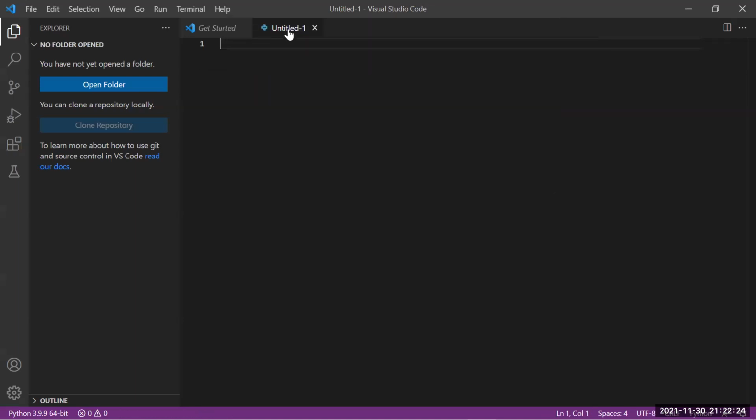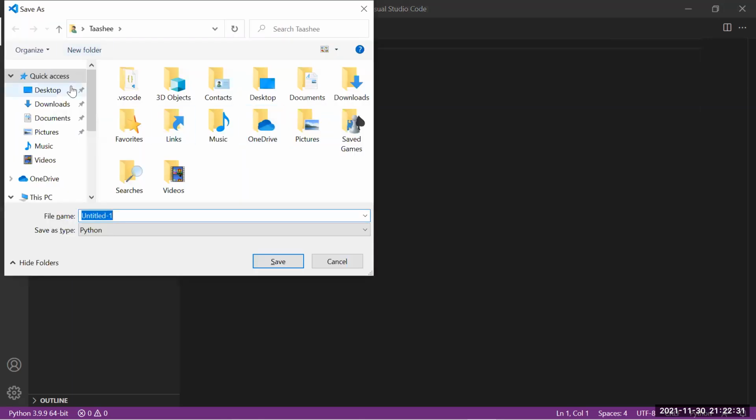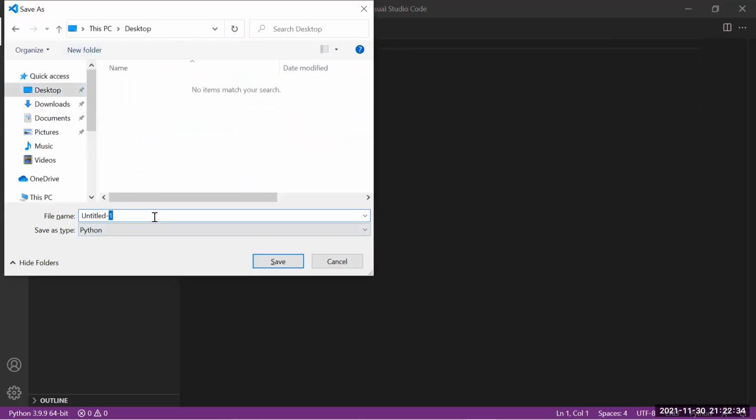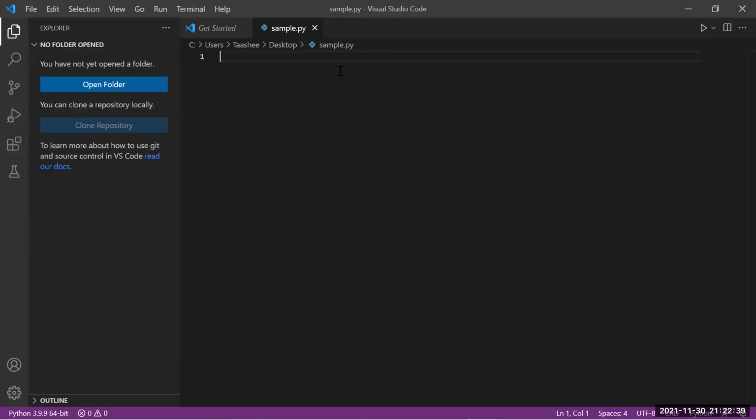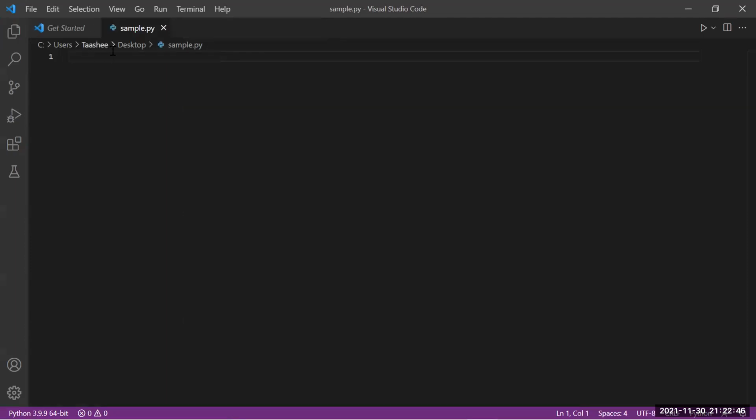I'm just setting up my Python. So every Python file is going to get an extension of .py at the end, in order to differentiate it as a Python file. What is it with respect to C? It is going to be a .c file, right? So similarly, we'll be using this.